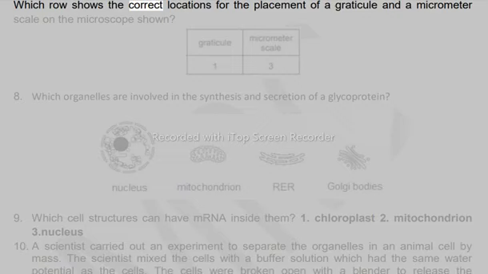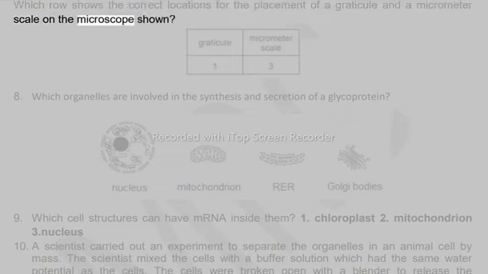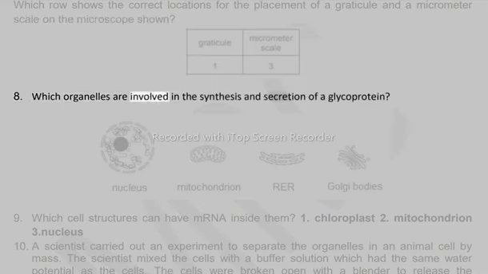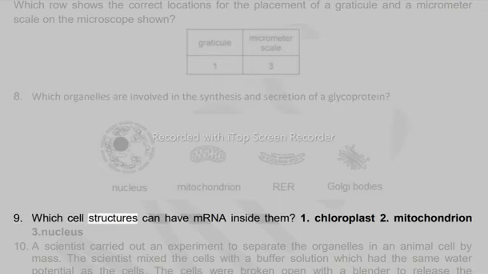Which row shows the correct locations for the placement of a graticule and a micrometer scale on the microscope shown? 8. Which organelles are involved in the synthesis and secretion of a glycoprotein? 9. Which cell structures can have mRNA inside them? 1. Chloroplast 2. Mitochondrion 3. Nucleus